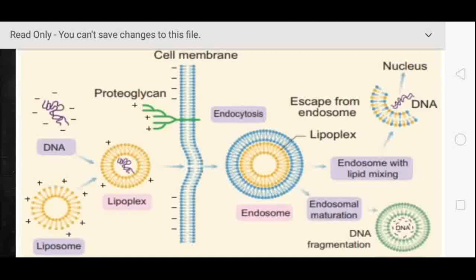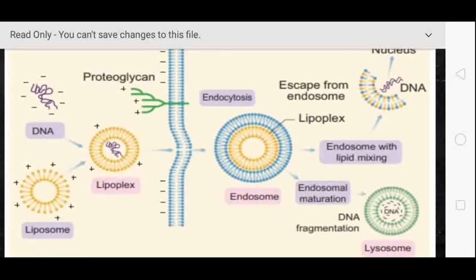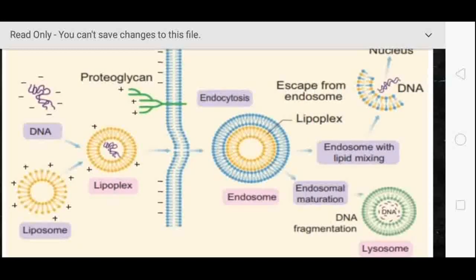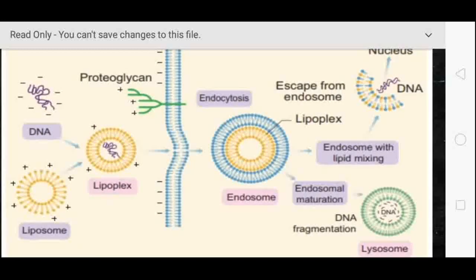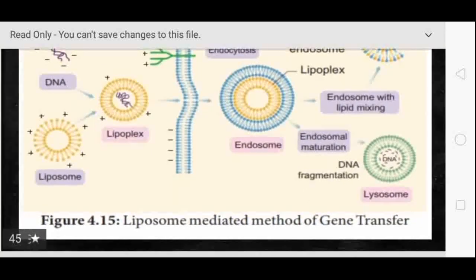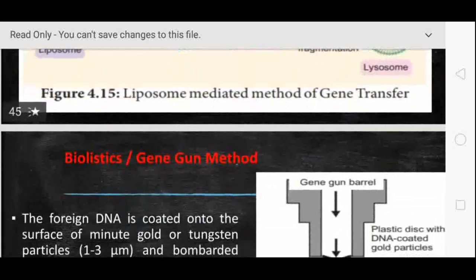Again I will recall, liposome is the artificial membrane in which our DNA is inserted. It becomes the lipoplex. This is outside the membrane, and through the charged particles it directly enters the vacuoles of the plant cell. In the vacuoles it produces two types of materials, one is the acidic pH and the other is the protease enzyme. So this breaks down the liposome material. As a result, the lipid membrane is broken down. The DNA of our interest alone enters the host cell, and the remaining material goes to the lysosome, the suicidal bag of the cell. Through this method, transferring our gene of interest is called liposome mediated gene transfer.